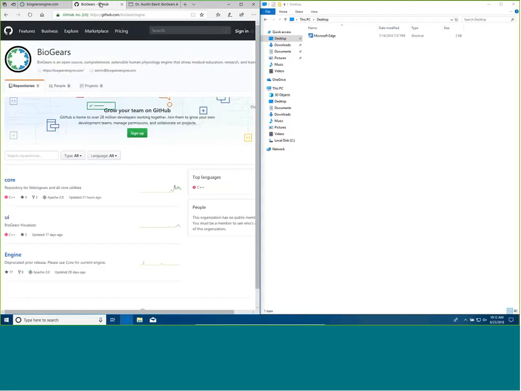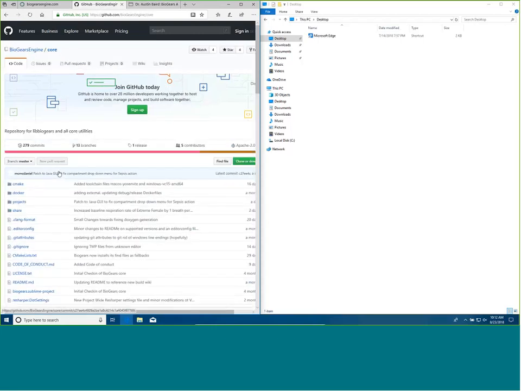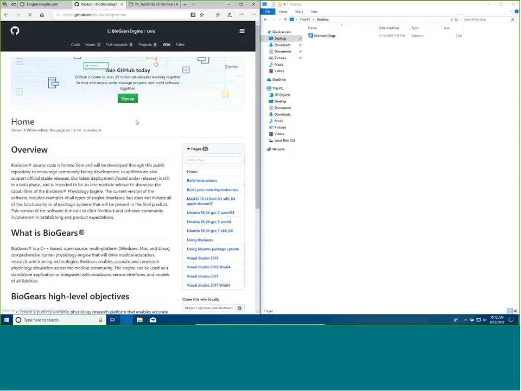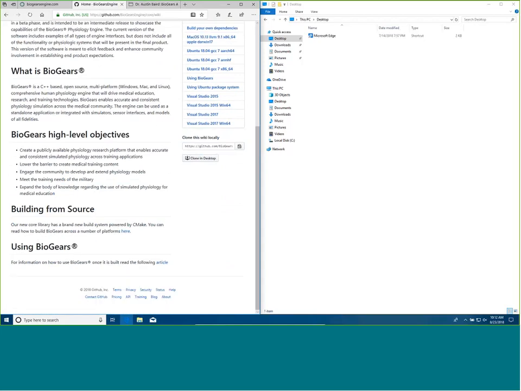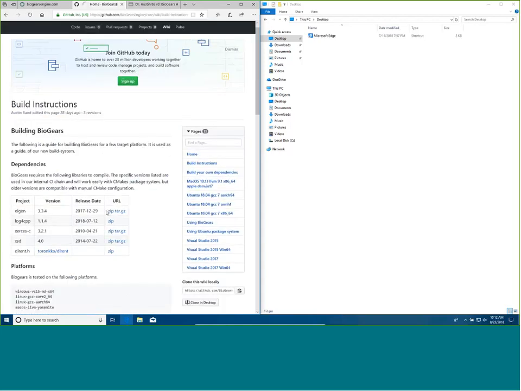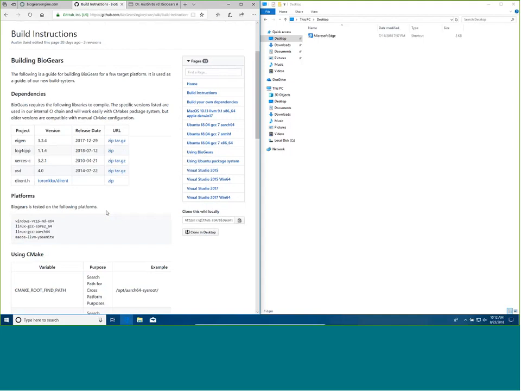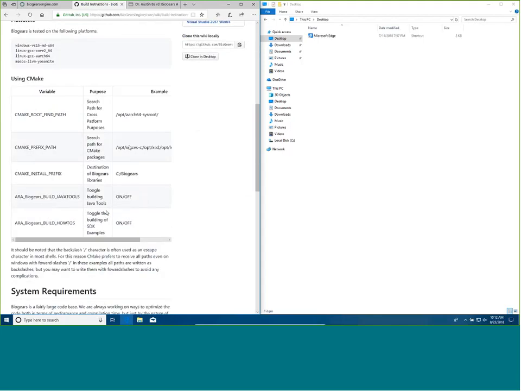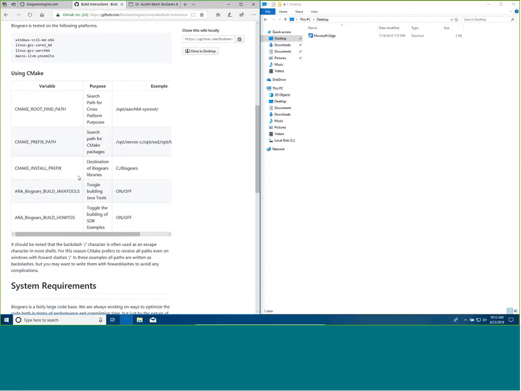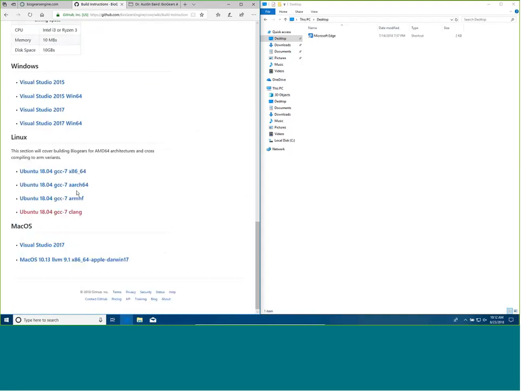So all of the documentation that I go over today is already on the wiki on the core repository. So if you scroll down, we have building from source, and we go over the dependencies that BioGears has, a very basic utilization of variables that you can change the behavior of cmake with, and then we have a list of architectures that we currently do our continuous integration testing for